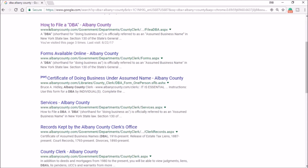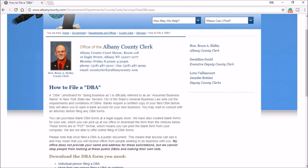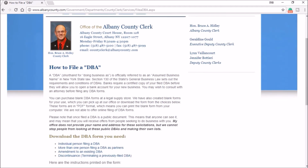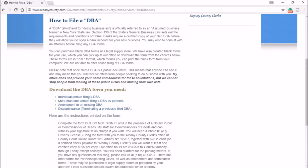So we're gonna click right here. In your case, you would obviously do your county, whatever county you're in. So this is gonna bring me right here, and this one's very simple. You see, it's the office of the Albany County Clerk. So what you're gonna do is read this text. Pretty much explains how to go about it, and then right here you see download the DBA form, and I'm an individual person filing the DBA, so that's the one I would get. I would double click on that,